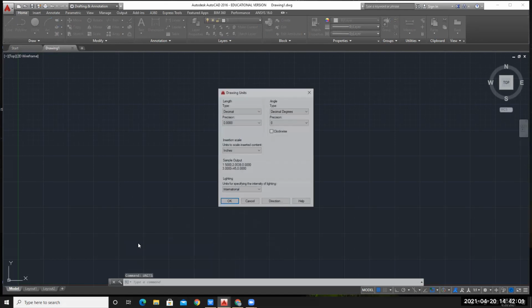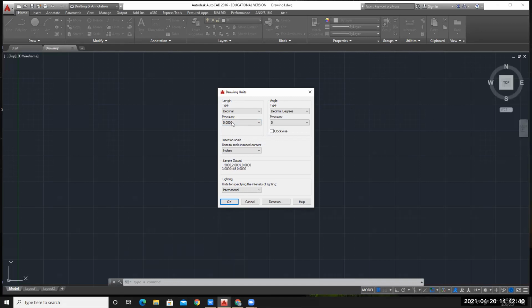Once you click on that, this window will appear, and here you can see the first is length. Here you have to keep decimal, unless you want to go for architectural, engineering, scientific or fractional, but by default we keep this as decimal. This precision means, suppose you have a line of length 100 millimeters.